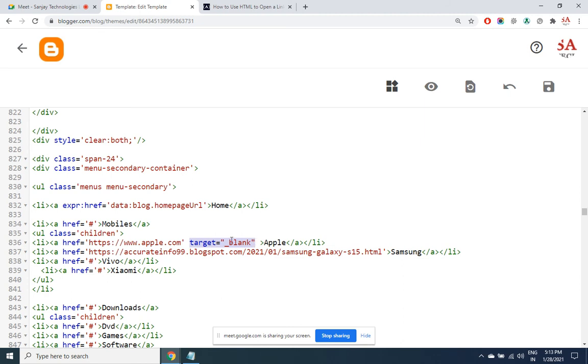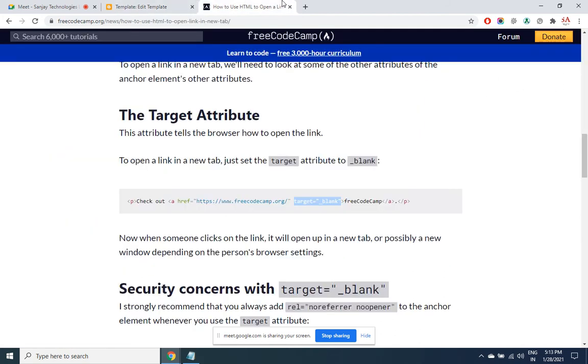Internal links you can provide in the same window, it doesn't matter. But for external links, the professional way is to always have them in a new window. I click on save and let us see whether the changes are reflected.